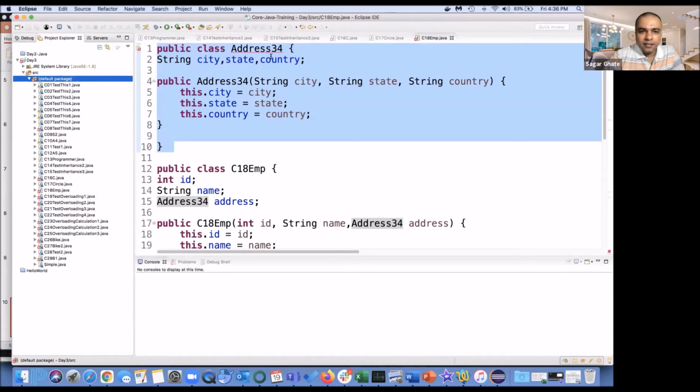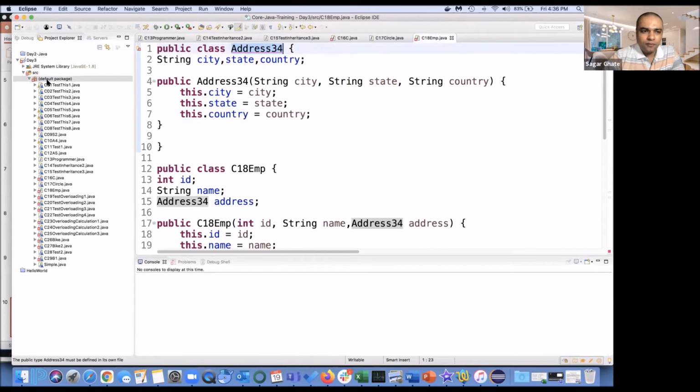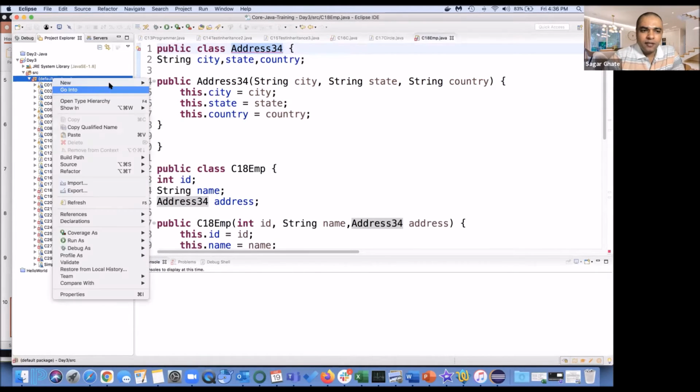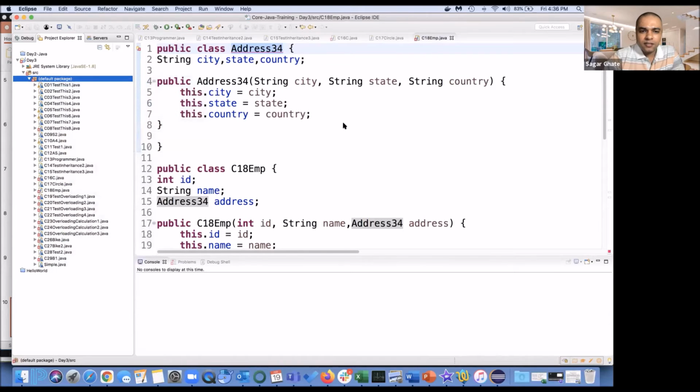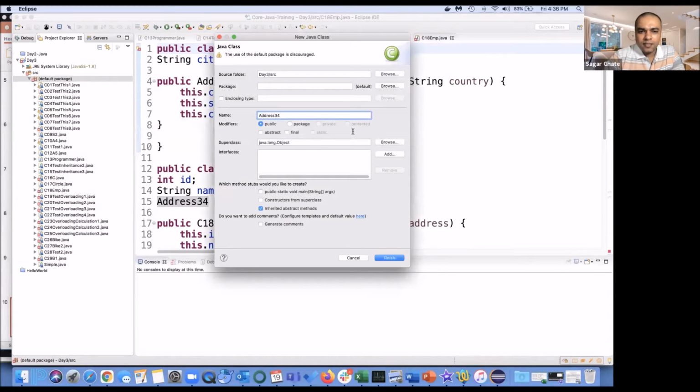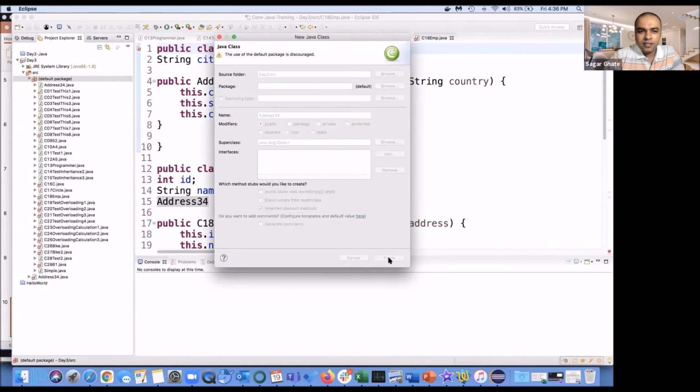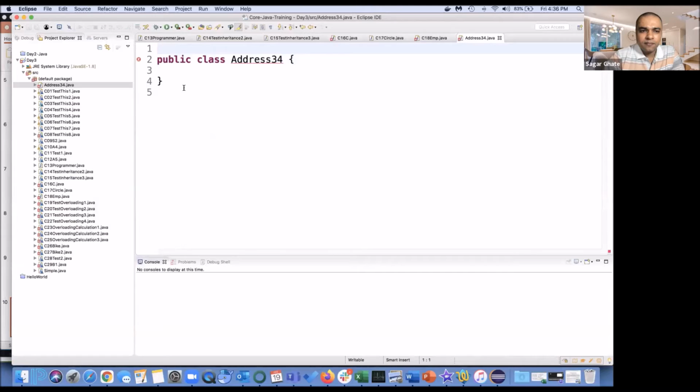Let me create a class itself with the name Address34 and we will move it there. New, I want to create a class. Let's say the class name is Address34. Public is there, inherited. I don't want the main method, so finish. And let me put everything here.